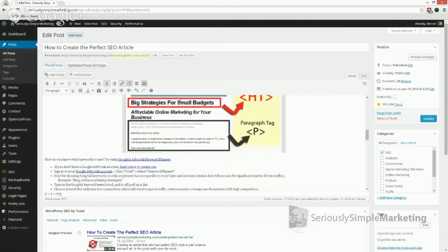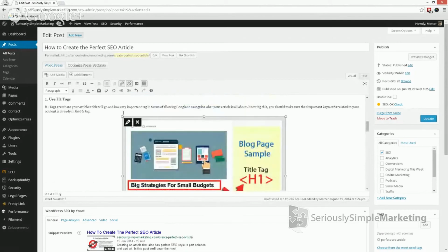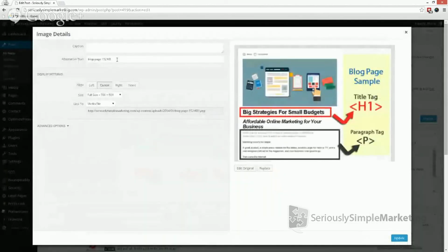So same thing here, and this is where we talk about placement, okay? So I'm going to do the same thing. Oops, I'm going to click on edit. We're going to take a look at our image tags. So look at that. That's horrible. Blog page 152 KB. What does that mean? Like, how did we let that happen? And so this is very important. You want to go through, check your images, and we're going to say placement matters when creating the perfect SEO article. Okay, so I've got my keyword phrase in there, something a little different, which is important because